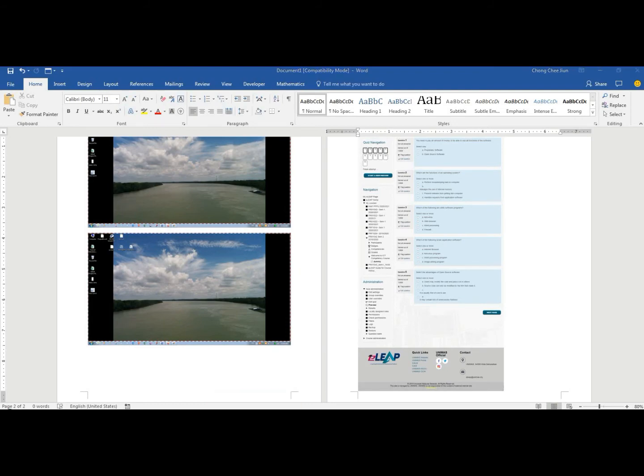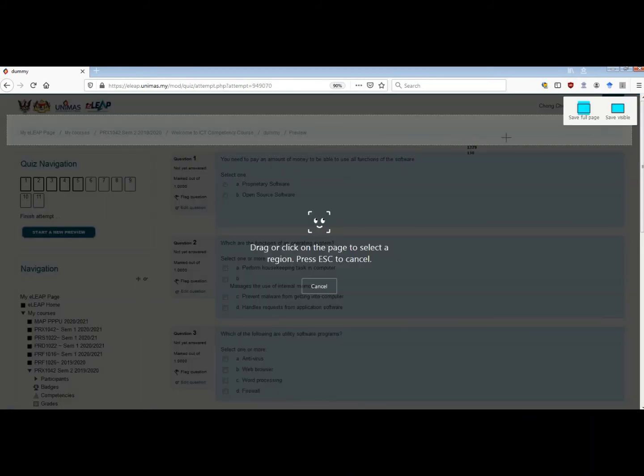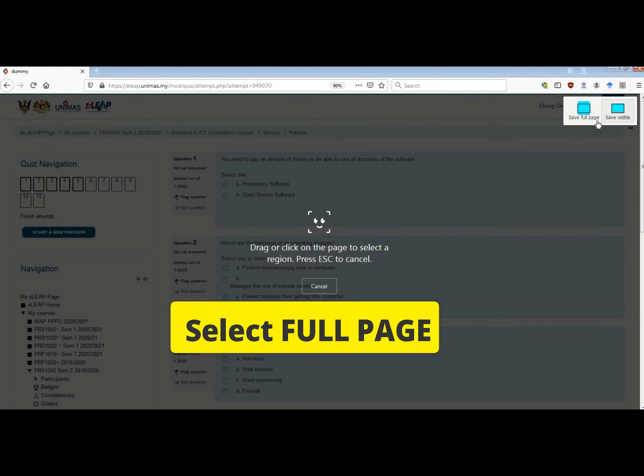Now what if you use another browser such as Firefox? Mozilla Firefox offers a screenshot of the full page here, right? You just have to click this ellipsis and take a screenshot, and Firefox will ask you if you want to save the full page or save visible. So we choose save full page,